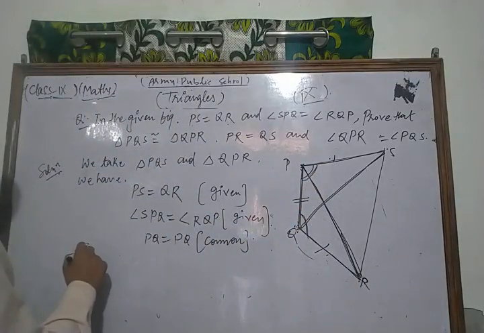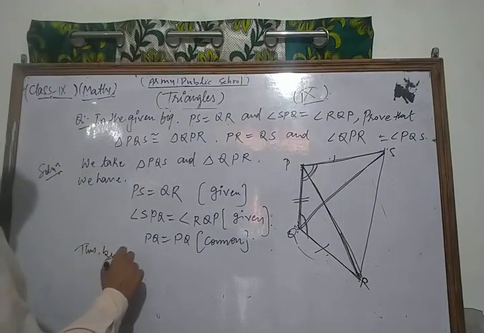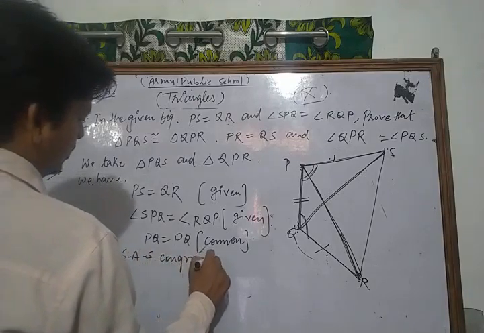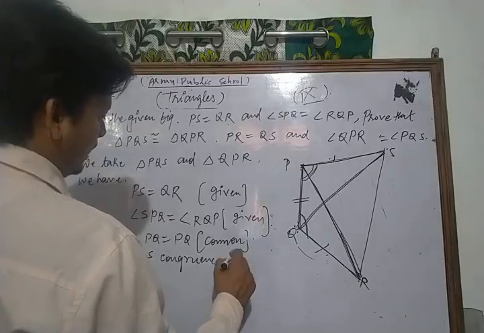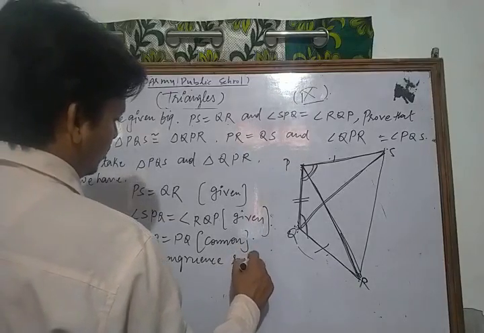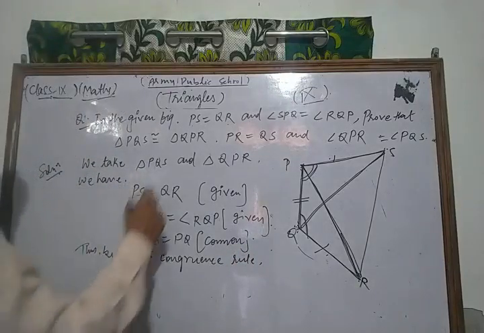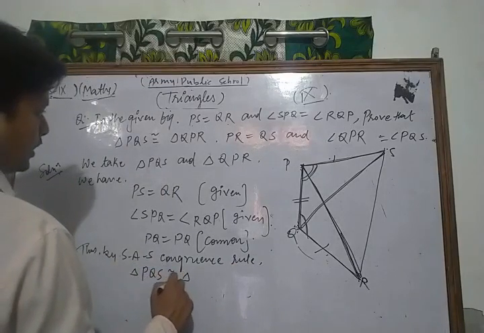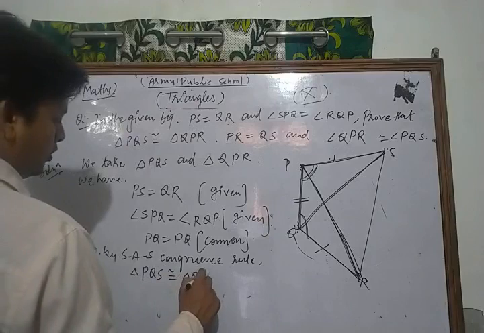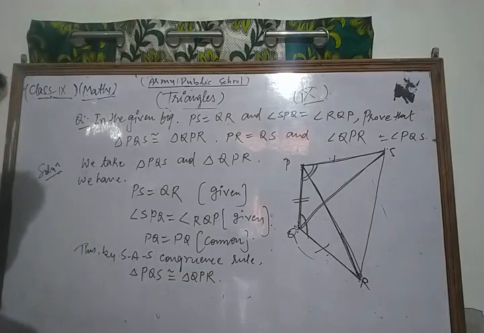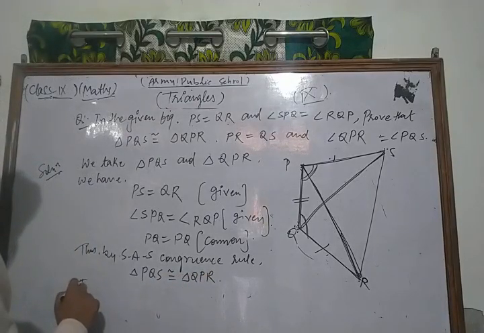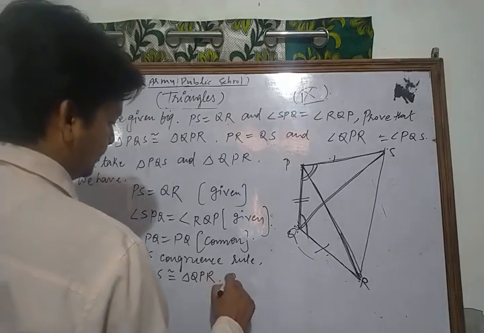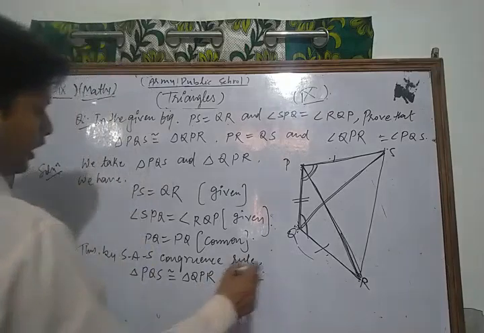Thus, by the SAS congruence rule, triangle PQS is congruent to triangle QPR. Thus, by CPCT, this first part is proved. One result is proved. Now by